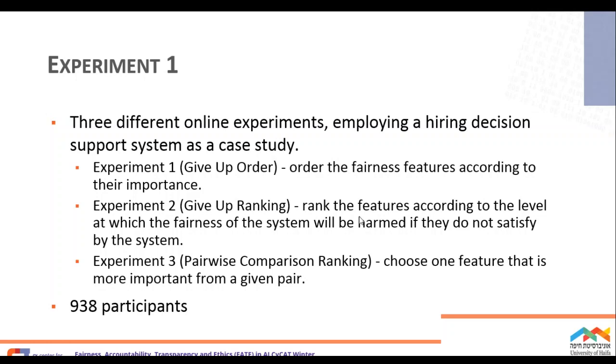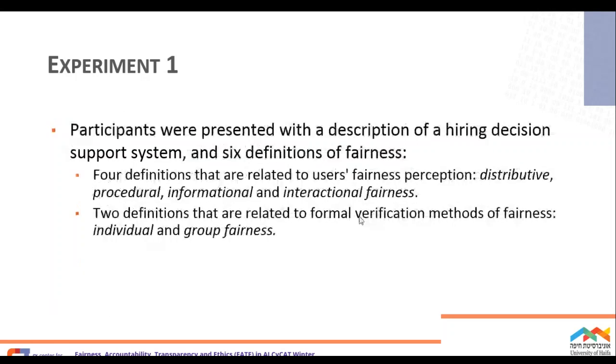Another, we asked users to let us know which feature they would give up first, so rank them by the order of what they are willing to give up. And the third one was about pairwise comparison of different types of features. What we tried to compare is four different types of feature: the distributive explanation, the procedural, informational, and interactional